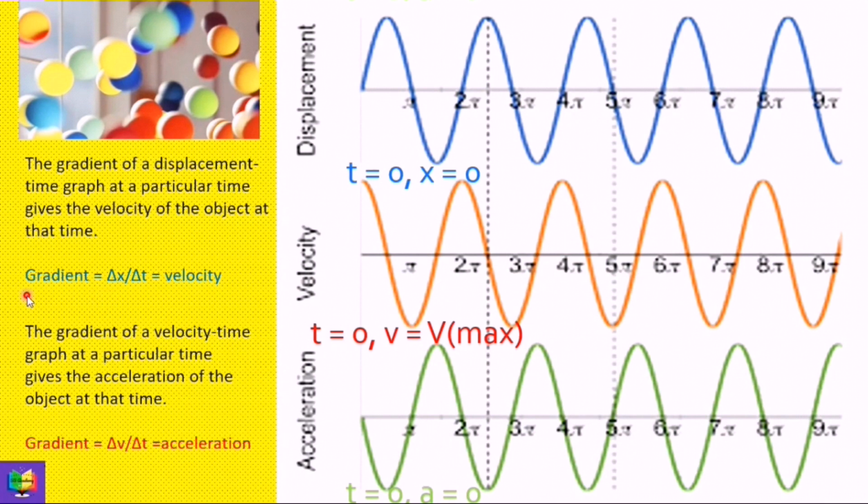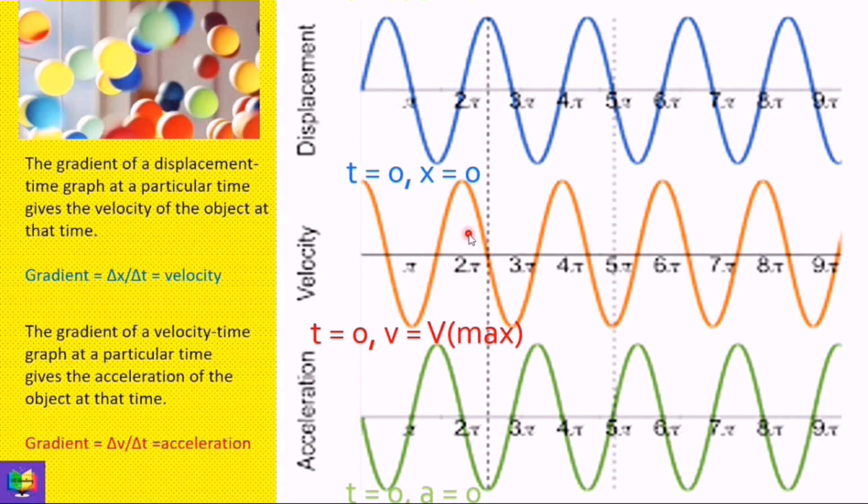The only difference is that it starts at a different point in the cycle, as can be seen in this orange graph. I'm referring to this graph that starts at a different point. The reason has been explained earlier, that at time t equal to 0, the oscillator has maximum velocity.